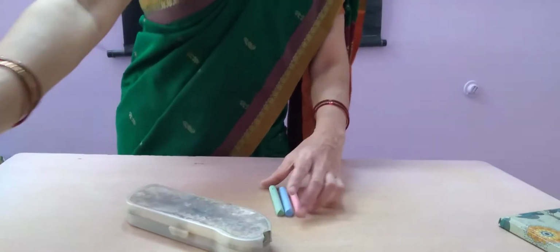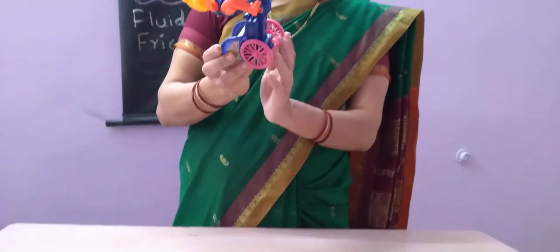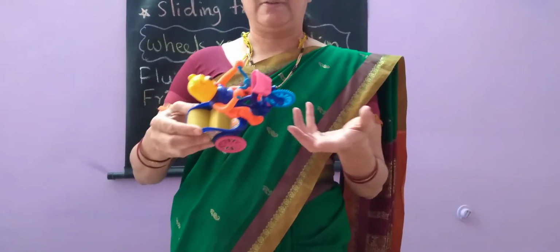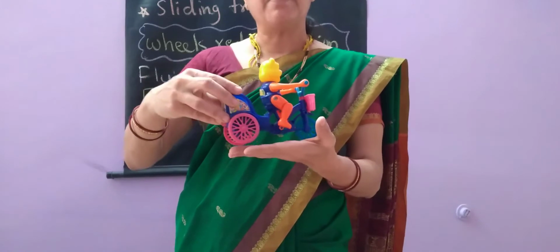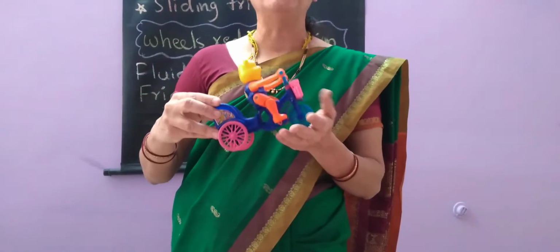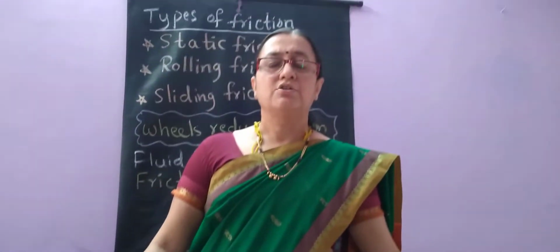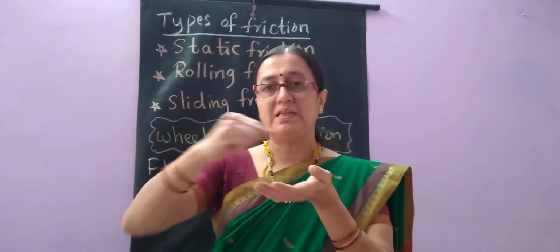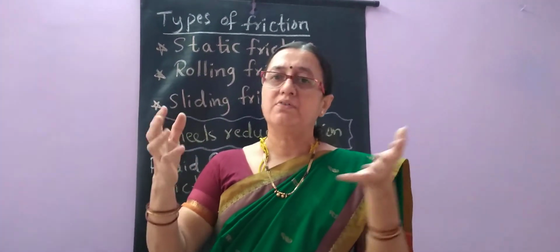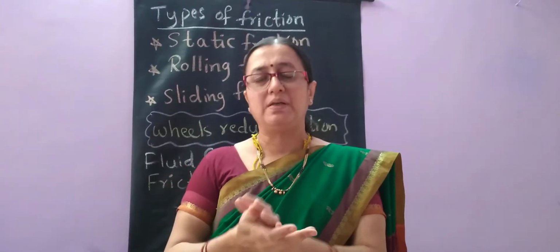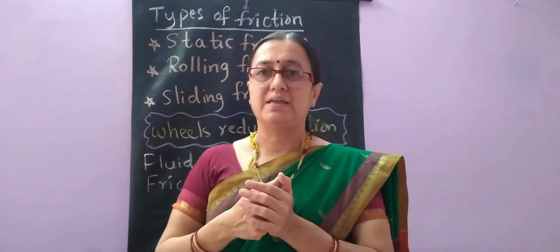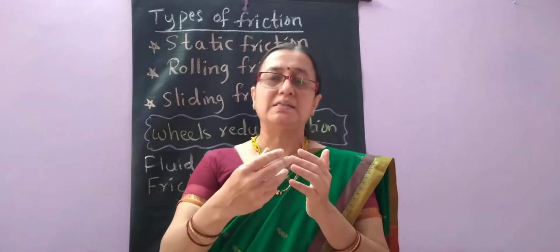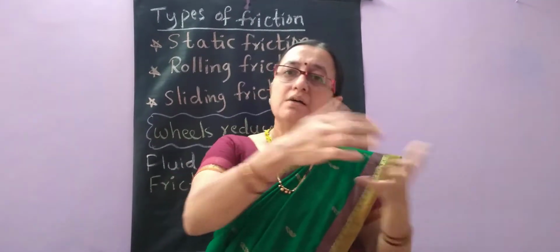So the invention of the wheels actually brought many other inventions. It made our life very easy. If you have seen the suitcases which have rollers at the bottom, we can easily roll them over any surfaces. Even if it is big, even old people and children can easily pull it and take it. That is because when one surface rolls over another surface, it becomes very easy for us to make the motion, to overcome the friction there.